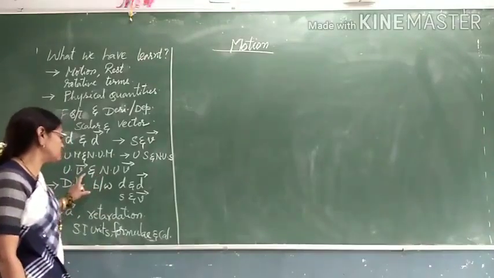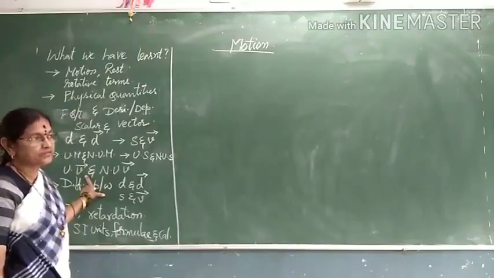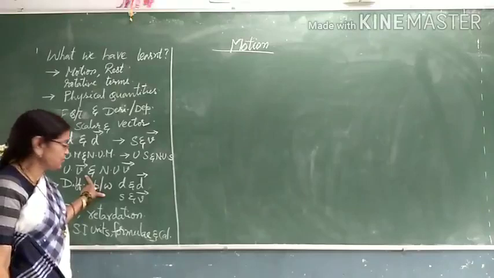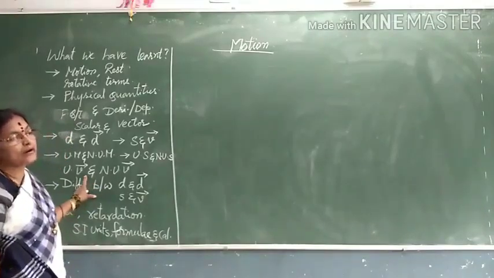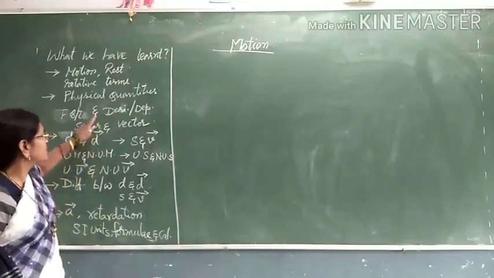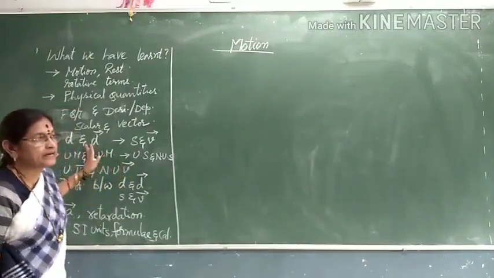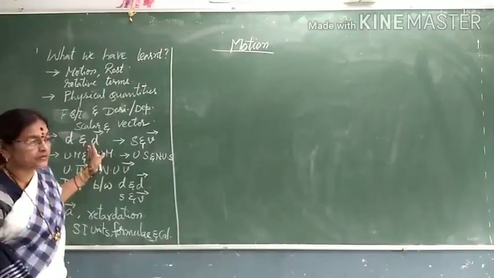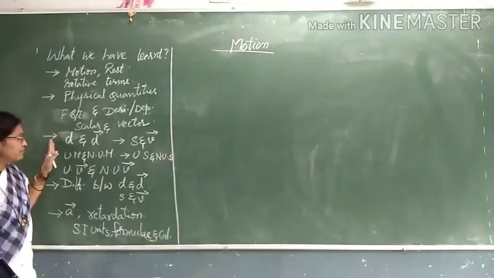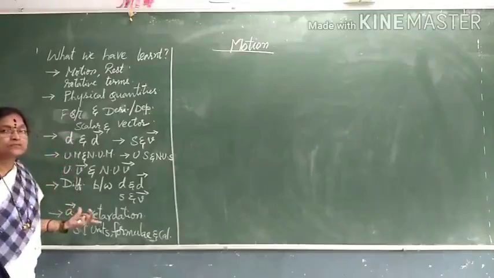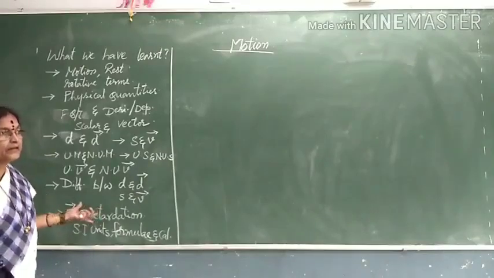And the related SI units and formulae, some calculations also we have learned. Today we are going to talk once again about what is positive acceleration, negative acceleration, zero acceleration, and when acceleration will be zero. Already we have studied distance and speed will never be zero. Velocity and displacement may be negative or positive. Speed and distance covered never will be negative. Then acceleration will be either zero, or positive, or negative.